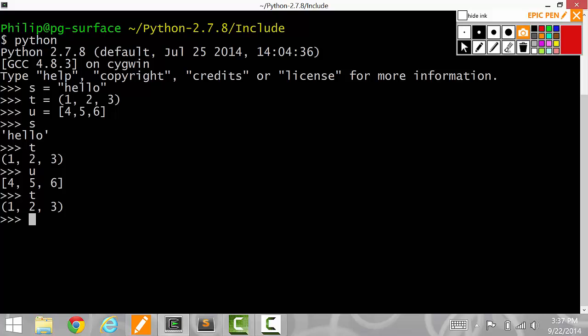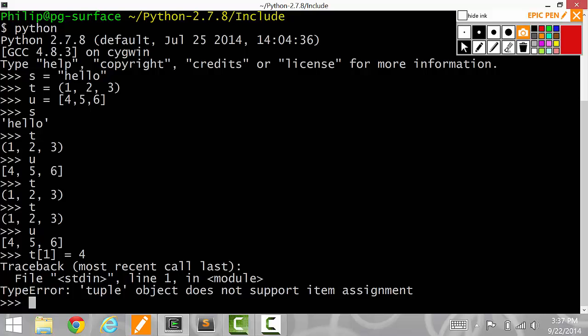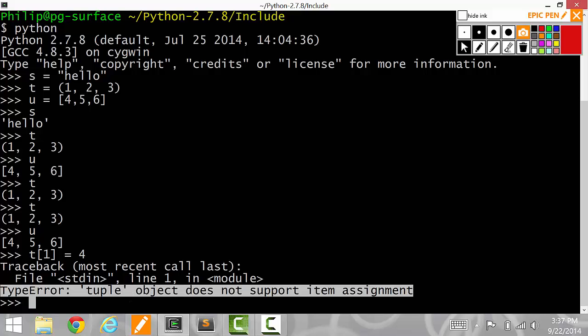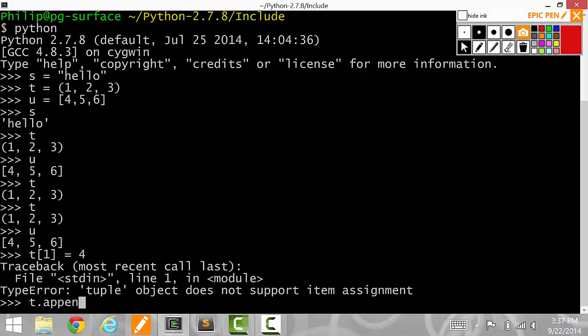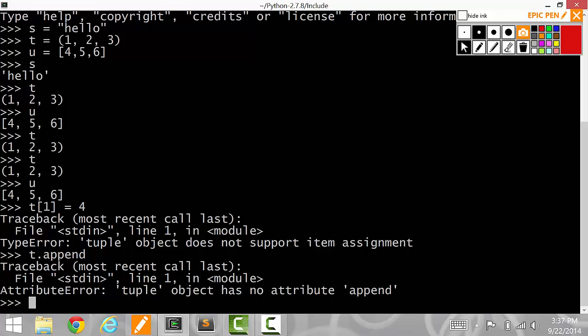Right, so you can assign 3 to the first element of U. The difference between a tuple and a list is that a tuple is immutable, which means you can't set an element after you've created it. So T[1] equals 4 doesn't work. A tuple does not support item assignment, and you can't append to it. There's no append method. Once you create a tuple, conceptually,